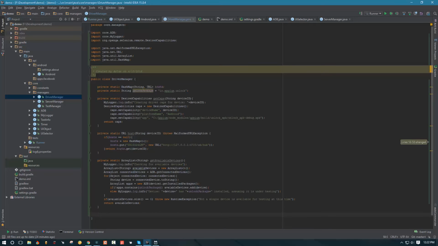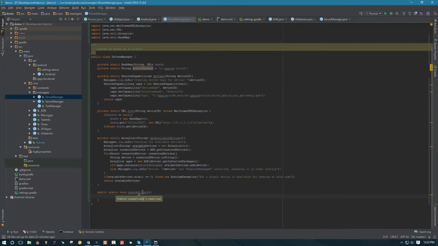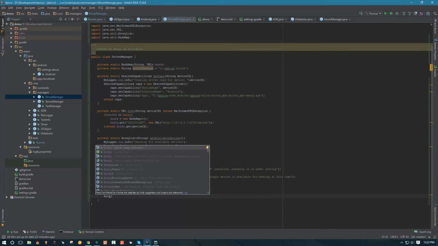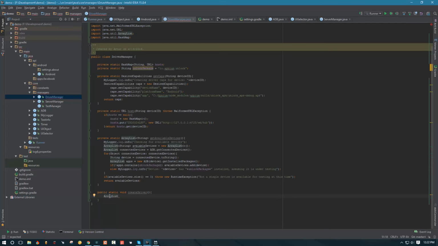So what we need to create now is the method that's going to create our driver, right? So we can go ahead and this is going to be one of the public methods. So we're going to say public static void, and we're going to call it createDriver, and it's not going to take any arguments, so just leave the arguments blank, and I'm going to create an array list,